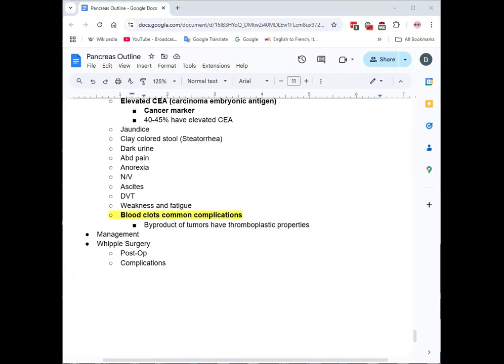DIC is a lot of the time triggered by an exaggerated inflammatory response. So I'd have to see if that might lead to it, but in this case, it seems to be caused by probably just an increase in clotting factors that make you clot up more, as opposed to DIC,